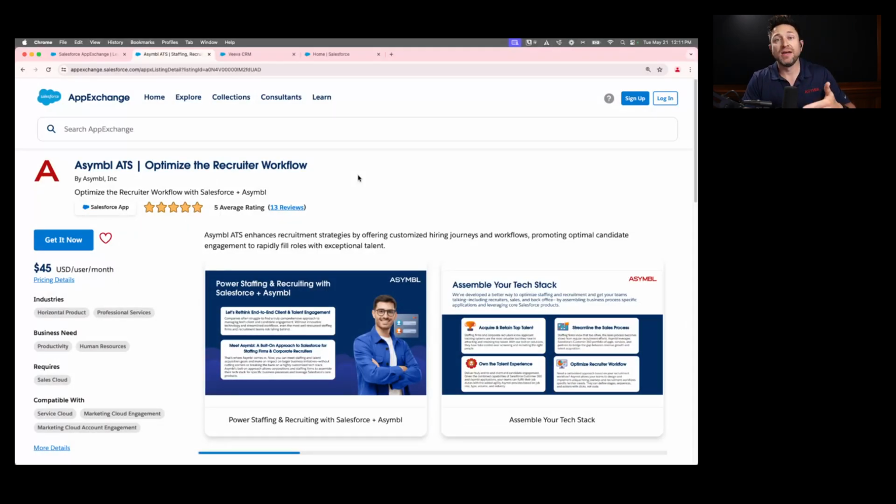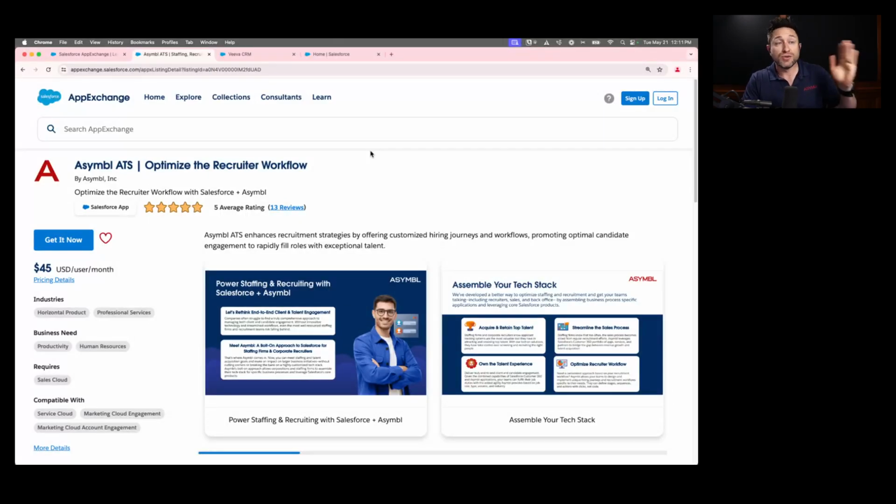Plus things that will help, in this case, optimize your workflow, being able to create your own unique workflow on a per job basis. There's a number of different things that we can get into about Asymbl, and we will throughout this series. But what I want to make sure that I get across is apps that are truly a bolt-on solution allow you to take advantage of everything Salesforce has to offer. So I mentioned those things in the beginning. Things like Service Cloud, things about their digital engagement tools, all those tools that Salesforce offers themselves,